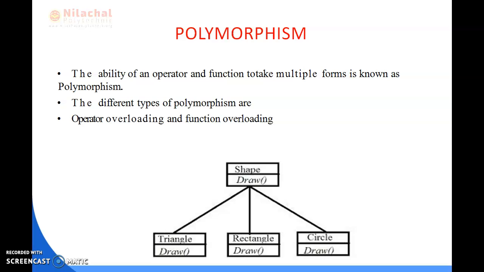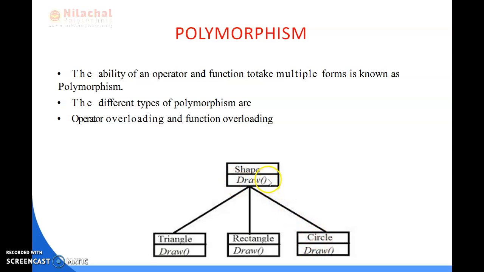As you can see in this diagram, shape has a draw function. By using the draw function, we can draw different types of shapes. We can draw a triangle, a rectangle, and a circle.